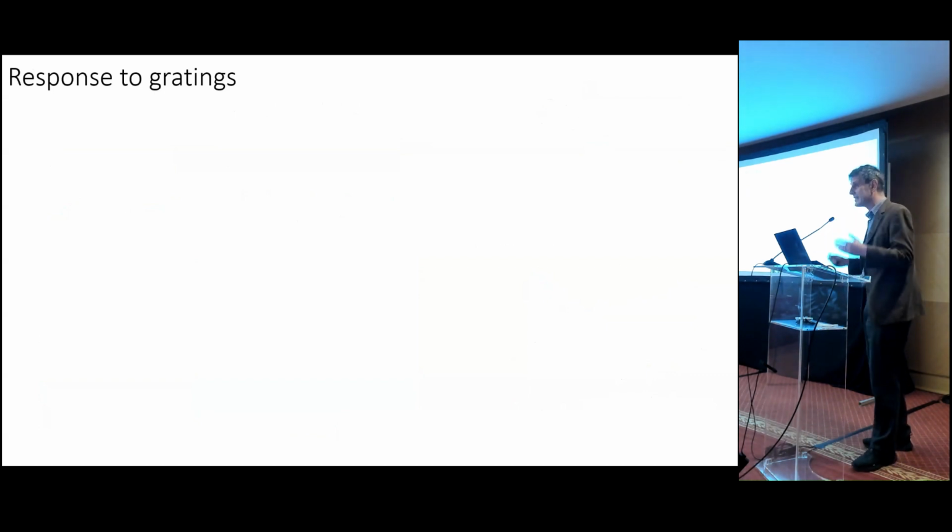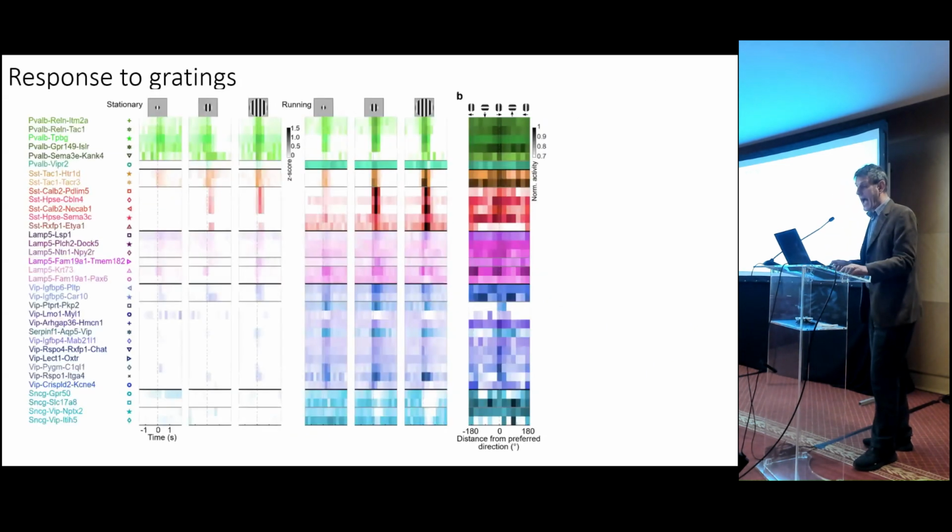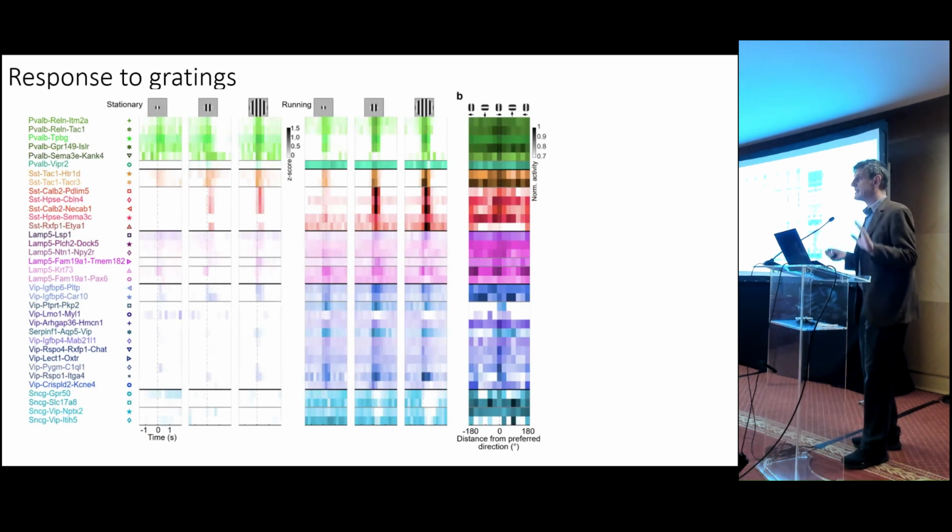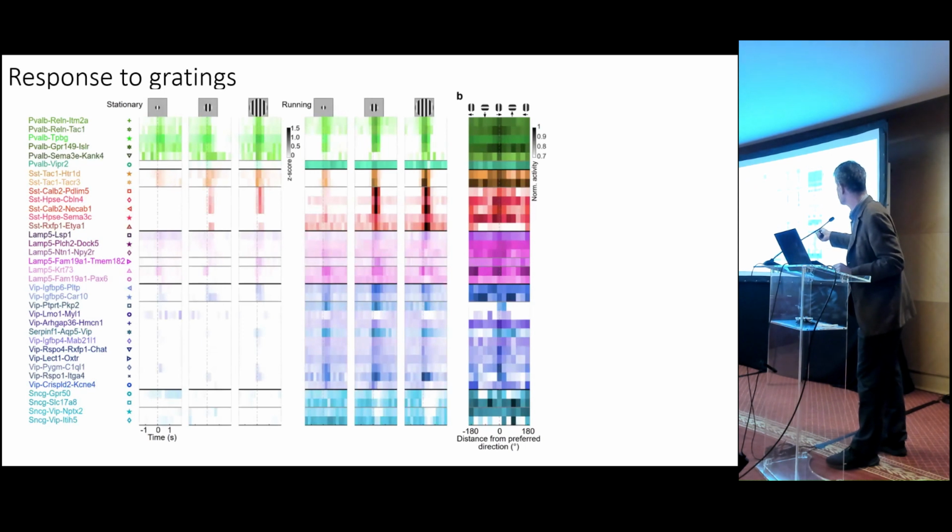Is it a difference in the sensory responses of these cells, their spontaneous activity, their relation to ongoing state? What is it? So first we look at sensory responses, and the perhaps surprising answer is that the difference between the fine subtypes for sensory responses is minor at best. So if we look at these, this data shows you just grating responses, but we had other stimuli and got